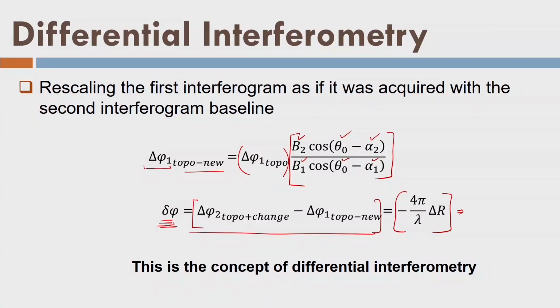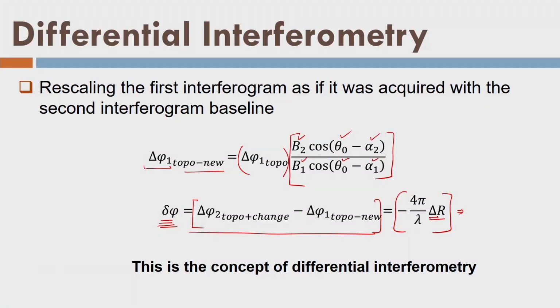What does it mean by differential interferometry? Now, if we measure the delta R by measuring the residuals between the interferograms, because there are two interferograms, and now I am calculating the differential interferogram by delta psi, or you can say delta of the delta psi. By this I calculate the value of delta R on the right hand side. That means I am measuring the residual, the final value given by the differential interferogram, and using that value I am calculating delta R, and that delta R will be the change in the range of the point on topography, because there was a change between the second acquisition and the third acquisition.